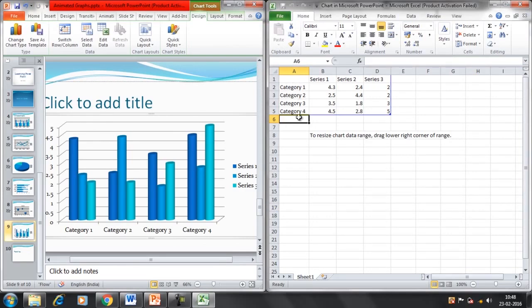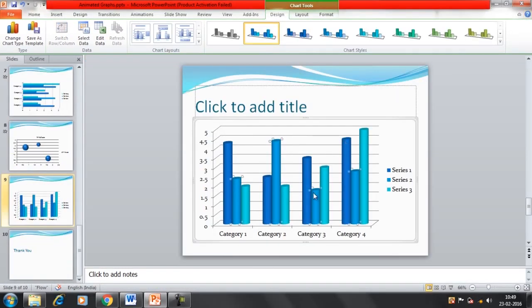We have some categories here and we have the series here. You can rename the categories and the series, like if you want to show the result as per the quarters, and you can replace Series 1 with the name of survey or sales result, whatever you want to show here. In this example, I am not changing the names, but you're free to change them as per your requirement. You can change the figures and create your own graph here. Okay, now this is the graph I have got.